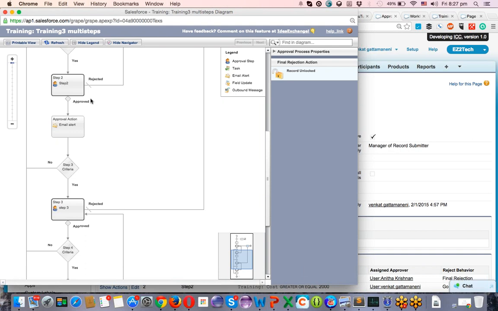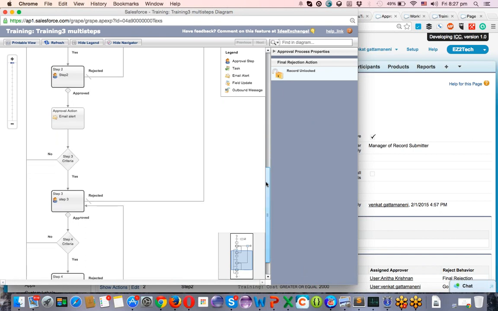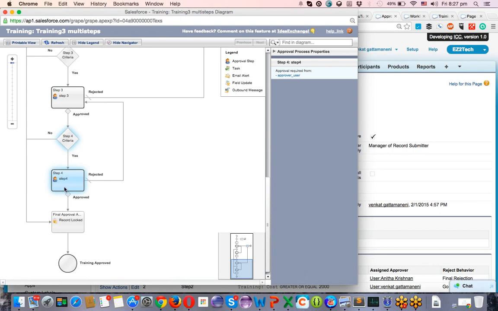The owner can modify the record and submit again. It's not going to be rejected, okay? And if you are rejecting at the fourth step, you are going to the third step. You are not canceling the complete approval process. But on the third step, if you are rejecting, it's canceling the complete approval steps and going to the rejection status directly.